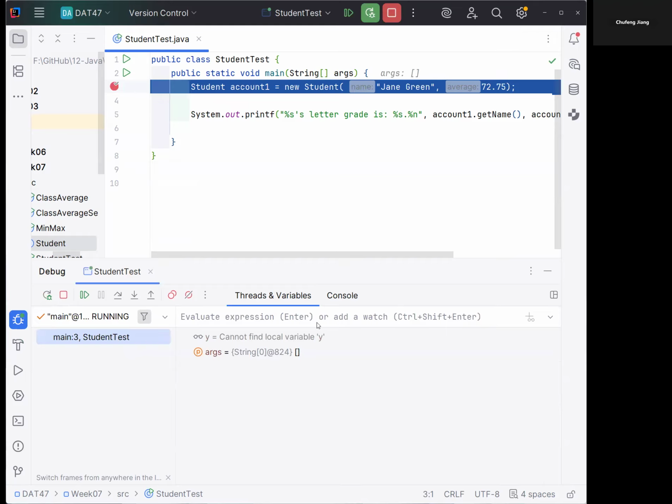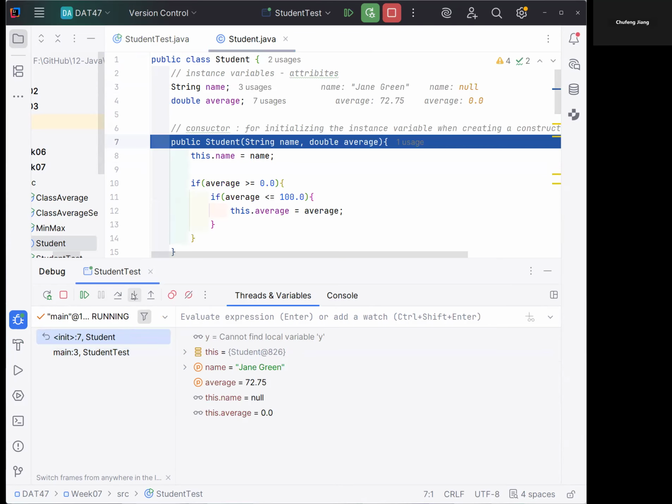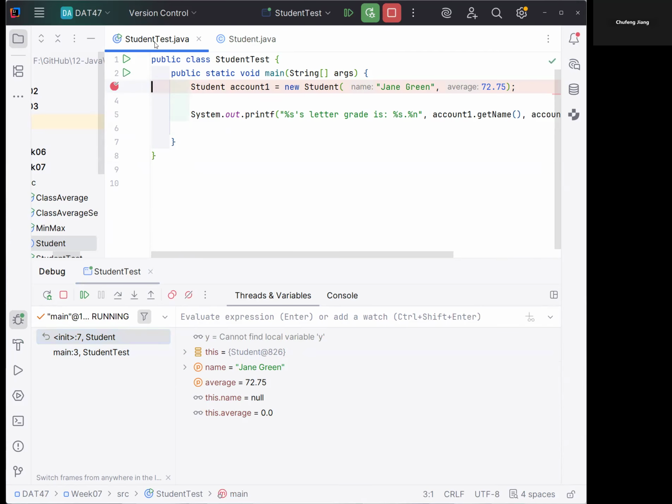Great. Currently we have nothing, and we only have StudentTest.java in our menu bar. Let me click Step Into. After I click Step Into, it seems that we jumped from StudentTest.java to Student.java. That means when we are in the debugger and we are calling a method,